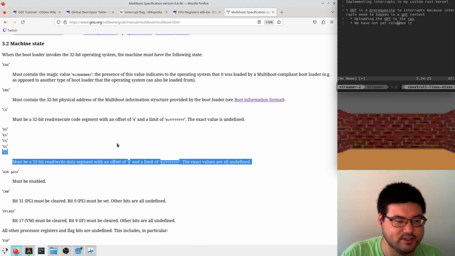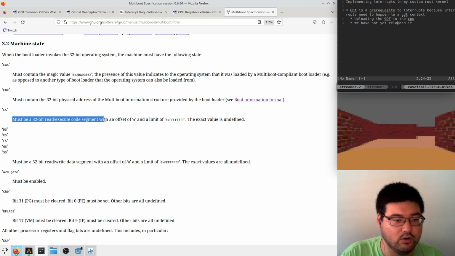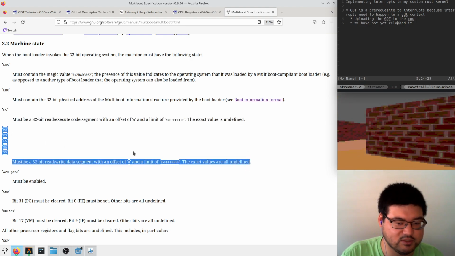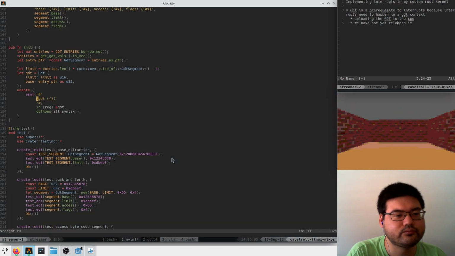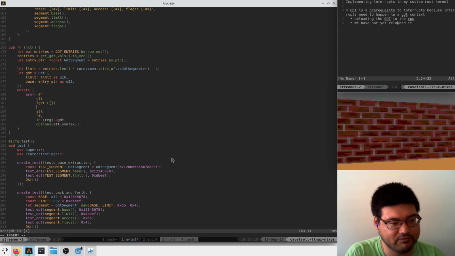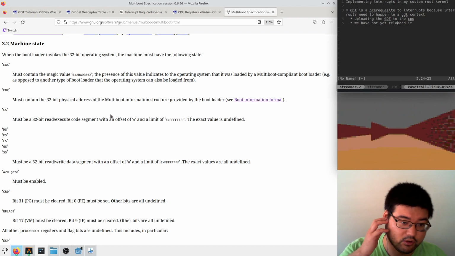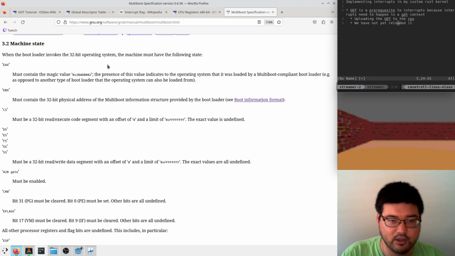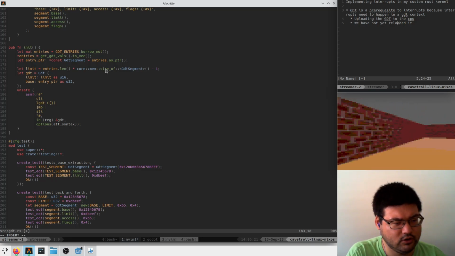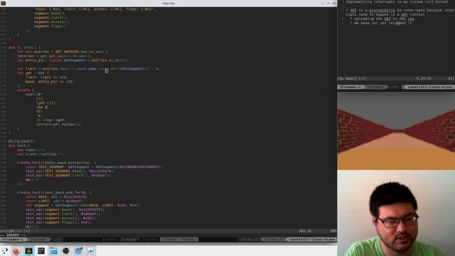What they say is that CS, the code 1, must be pointing to a read-execute code segment of offset 0 and limit 0xFFFFFF, and all of these others point to the other data segment. So let's do that. To get the code 1 set, we actually need to execute a long jump because there's no way to set that register manually. I think the syntax was like jump to a specific address, which was like,